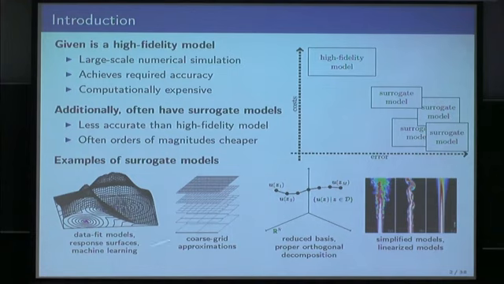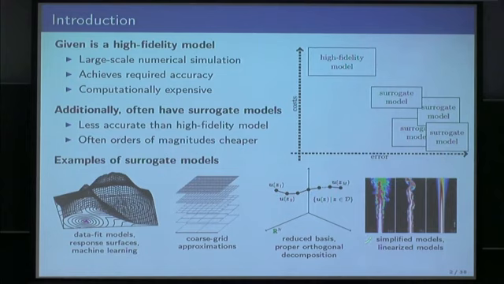We have, for example, data fit models that ignore that often there's a PDE underlying our high-fidelity model and simply fit, or not simply, but fit a function to the input-output data given by this high-fidelity model. Gaussian process regression is one typical example. We can think of coarse grid approximations. I said already there's often a PDE underlying our high-fidelity model. We can discretize this PDE on different grids and get this classical multi-level or hierarchical structure on the grids, and so control error and costs.